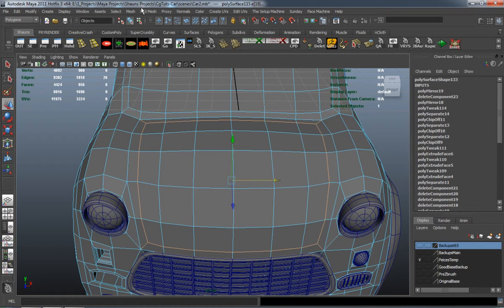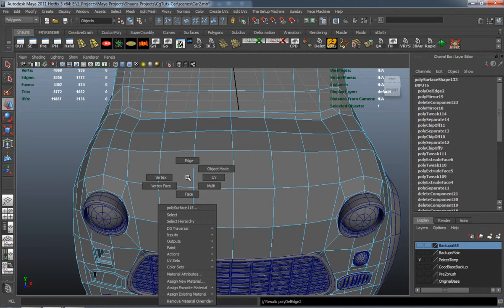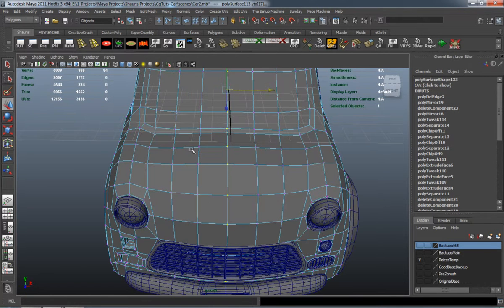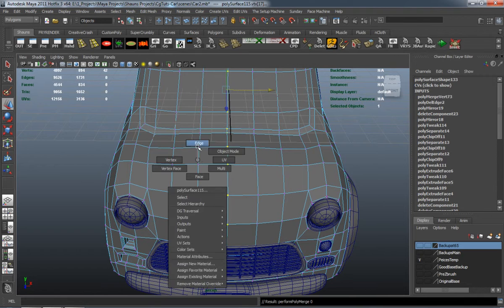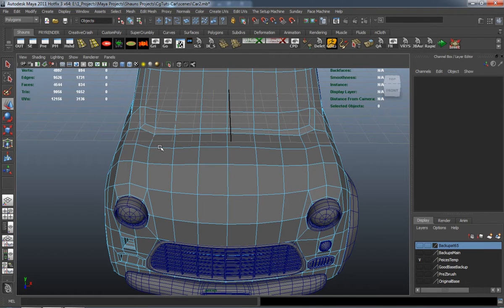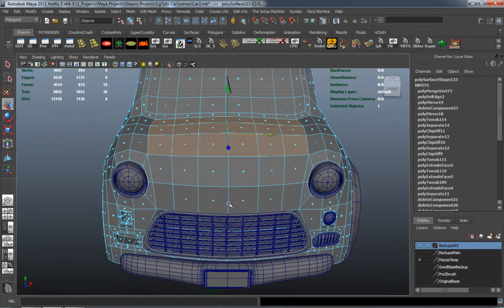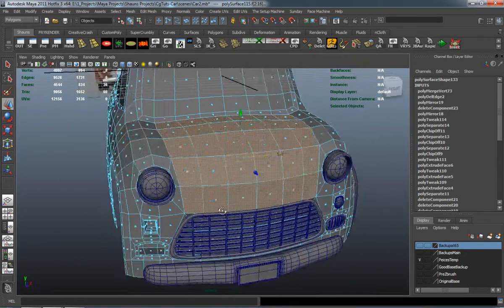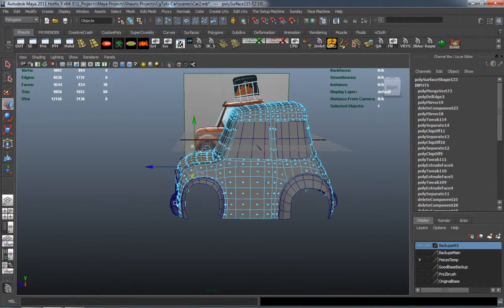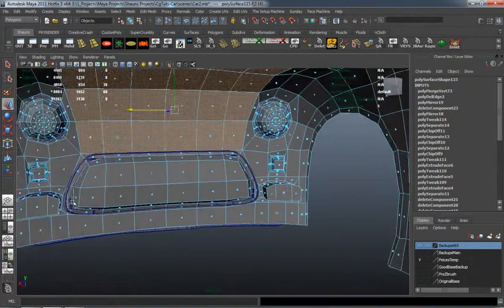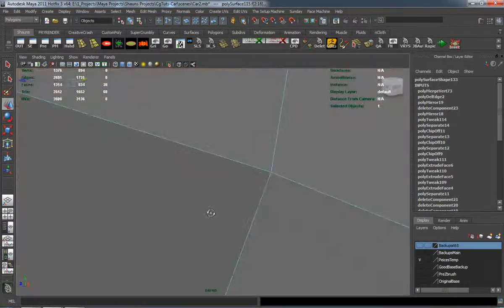And this is just because what I'm doing here is I'm deleting these edges because the inset on those is a little bit too much for me. I'm going to make it a little bit smaller, and so I'm going to make sure I merge all those verts down the middle so that the model is merged, so I can go ahead and select the faces that I need, and I'll just reselect the faces for the hood here. And make sure I have just those faces selected